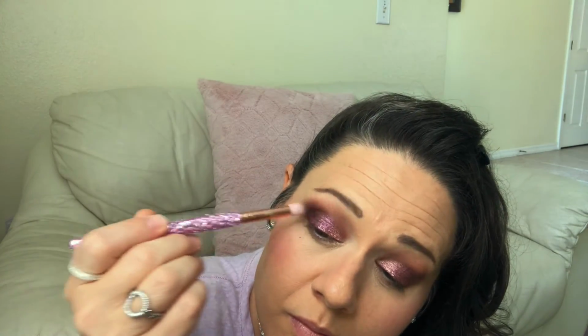Get a little bit more of that purple. Some of it kind of flaked off, but that's probably because I dropped it. And go back in to this darker plum, and let's kind of darken that outer crease just a little bit. Just gonna kind of tap here because,